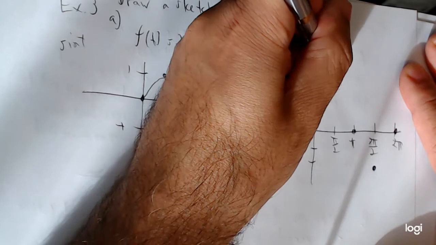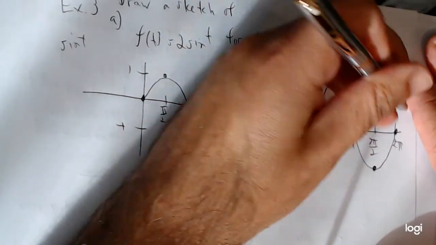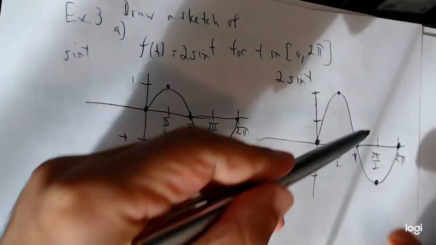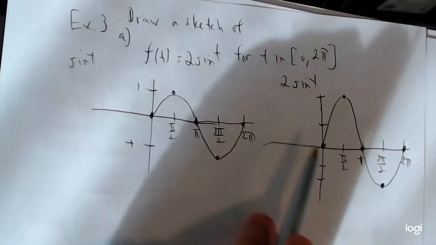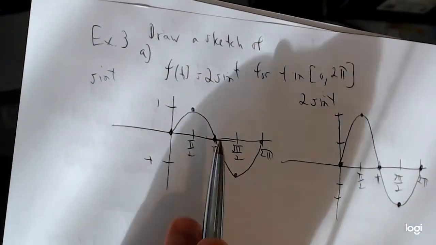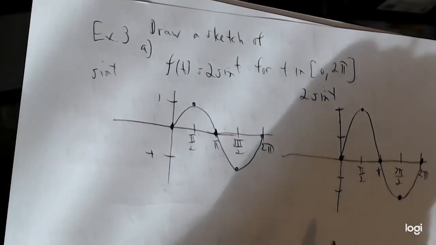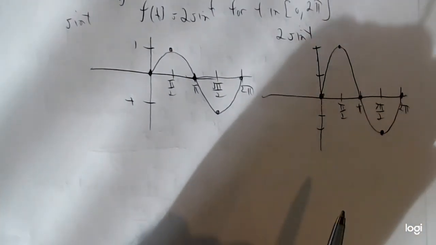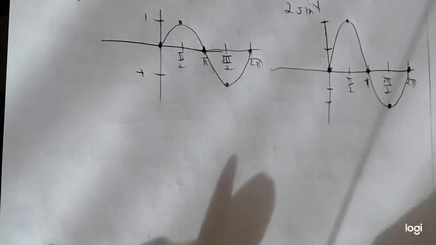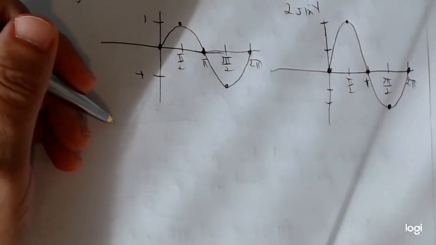So notice how what happened to my graph here compared to there. It got stretched vertically. So I just started with the graph of sine of t, and I used transformations to create the graph of 2 sine of t. And I recommend that you guys do that. That's the easiest way to go about it. Now, how about